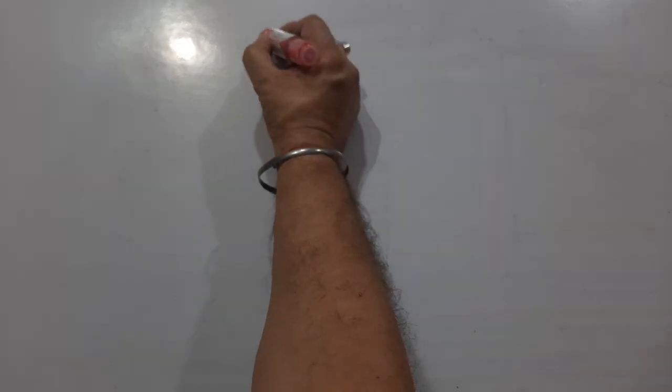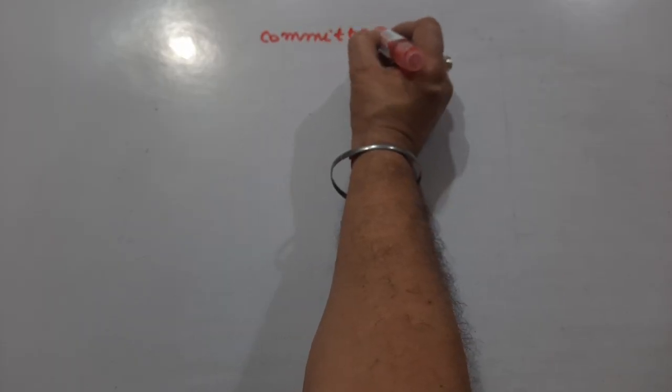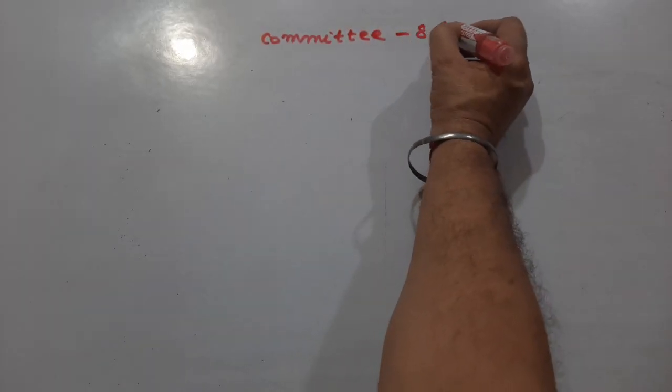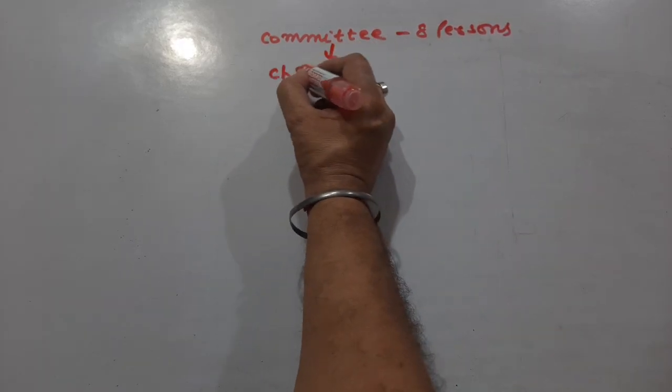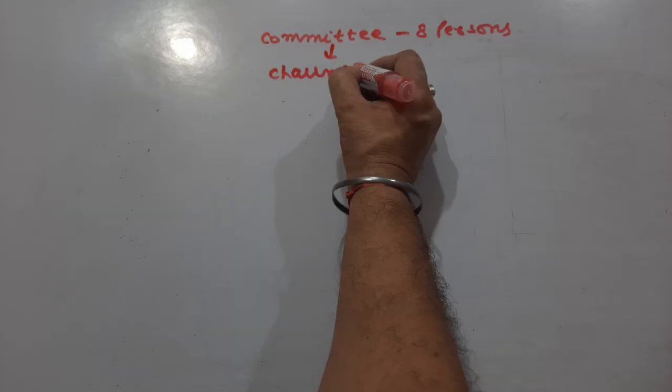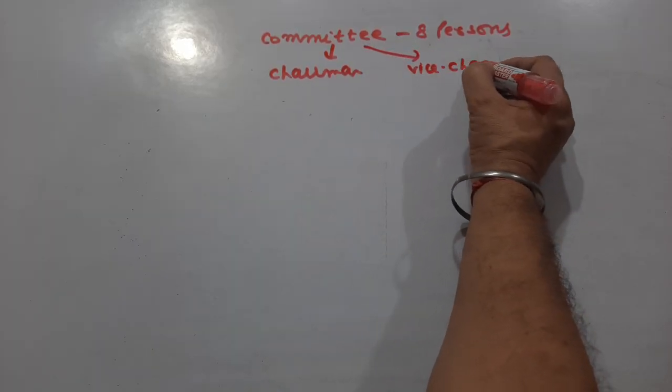Now students, number 5th question: from a committee of 8 persons, in how many ways can we choose a chairman and a vice chairman, assuming that one person cannot hold more than one position. सो हमारे पास जो कमेटी है वो 8 पर्सनस की है, और हमने एक सिलेक्ट करना है चेयरमैन और एक हमने सिलेक्ट करना है वाइस चेयरमैन।